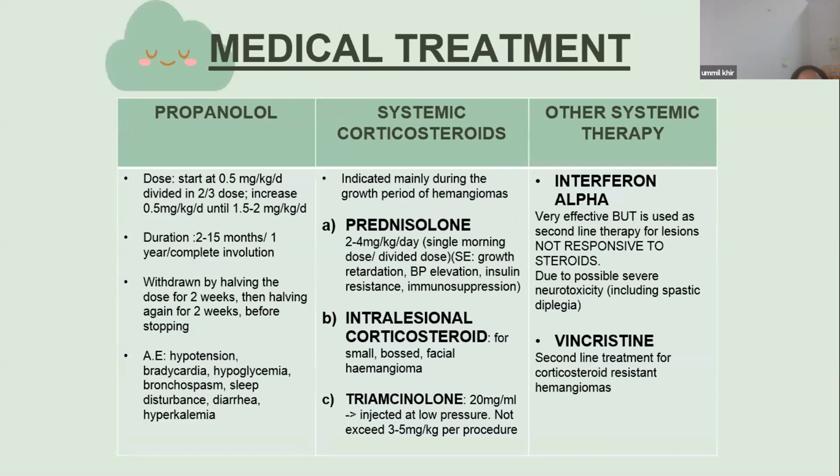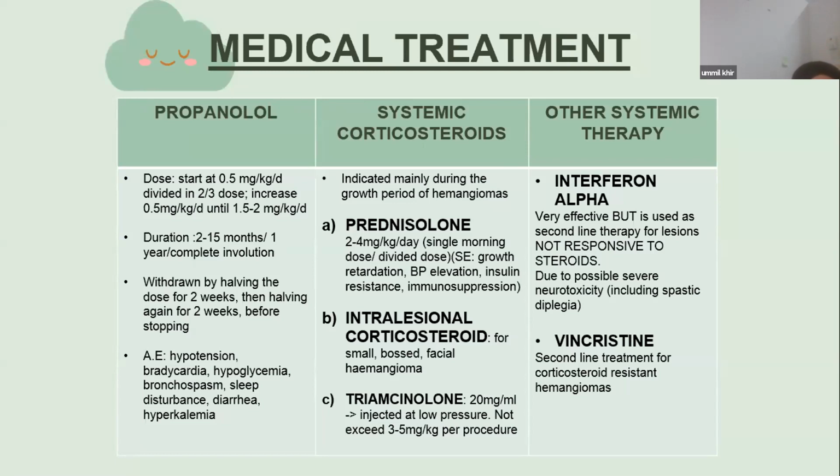Okay, treatment is divided into medical and surgical. For the medical treatment, the first one is propranolol. Propranolol is the first-line treatment. So patients who are admitted to the ward for propranolol therapy should have close monitoring for any adverse effects from the propranolol therapy. Okay, the dose given starts at